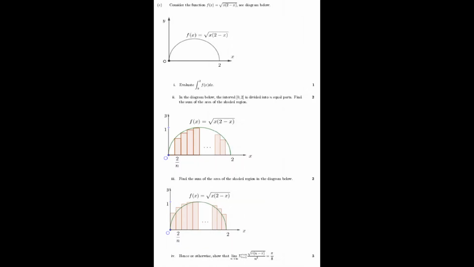Hi everyone, in this video I'm continuing to work through question 13 part C of the 2020 North Sydney Boys Extension 2 trial exam. So I'm still working through part 2 of this 4-part question. Part 2 wants us to work out the sum of the area of the shaded region, where that region is made up of rectangles sitting beneath the curve, and we've gotten those rectangles by dividing the range into n equal